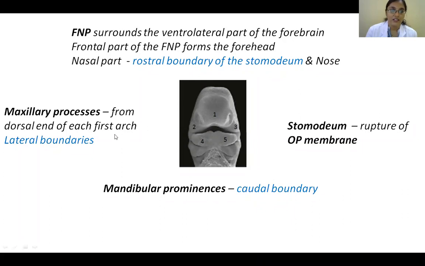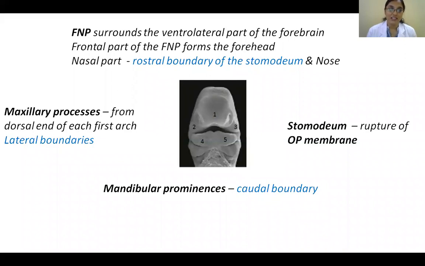Then the maxillary and mandibular processes. In this region you have the mandibular arch, and this mandibular arch will give an elevation just above it. The pharyngeal arches are formed along the lateral side and they move forwards, like a horseshoe shape from here to here. For this arch, this part will be the dorsal part. From here, one more prominence comes, and that is the maxillary prominence. So the maxillary prominence is coming from the mandibular arch. Both maxillary and mandibular processes are part of the mandibular arch.